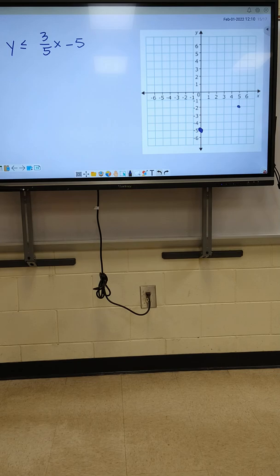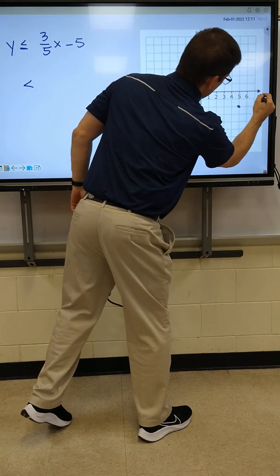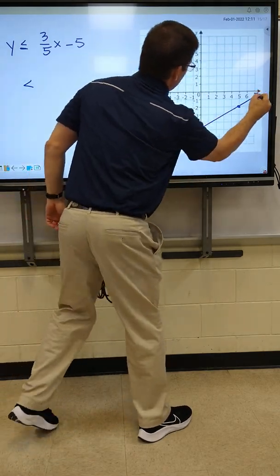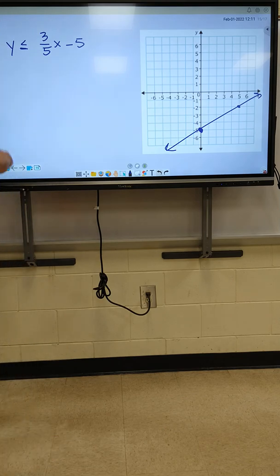All right, now, Jacob. Solid line or dotted line? Dotted. I don't know. I wasn't looking. All right, look, Jacob, if it's like this, without the equal line, that's when it's dotted. But if it has a solid line under it, that's when it's solid. Now you know. So everybody make a solid line. So that means it's not